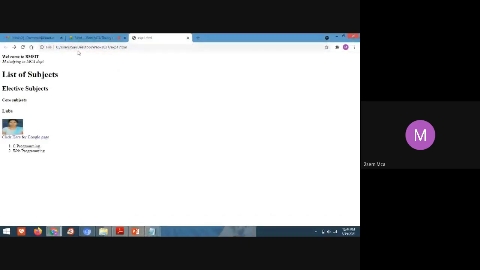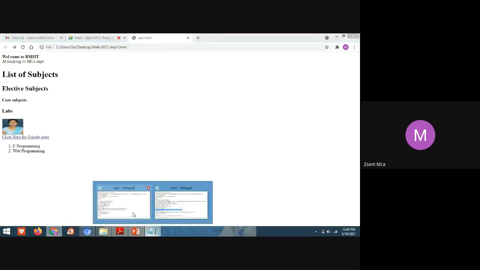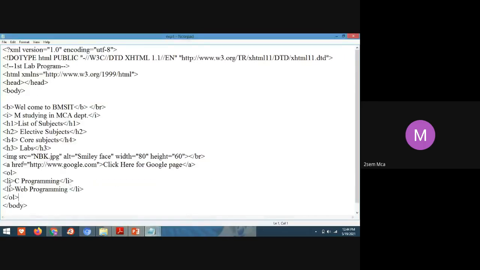The ordered list. See, I have not mentioned 1, 2, 3, 4, but I'm using the ordered list tag. Whenever you use an ordered list or unordered list, to include a list item, you have to use this LI tag. To include an item in the list, you have to include an LI. Next item, I'm including LI. Java